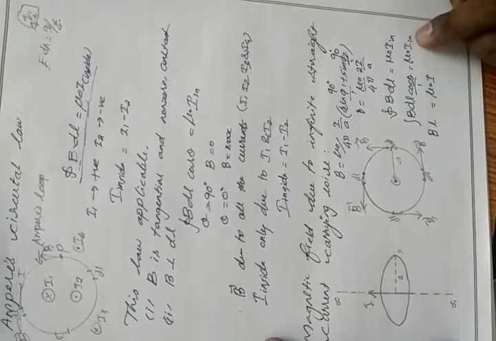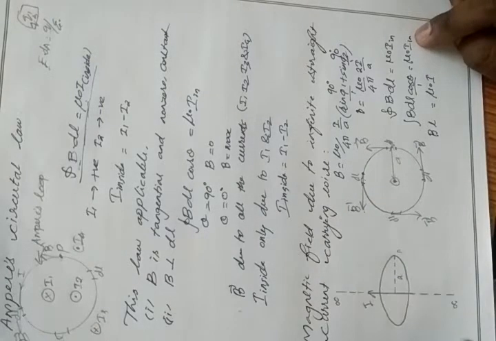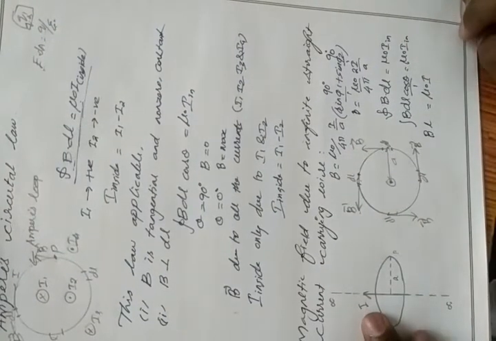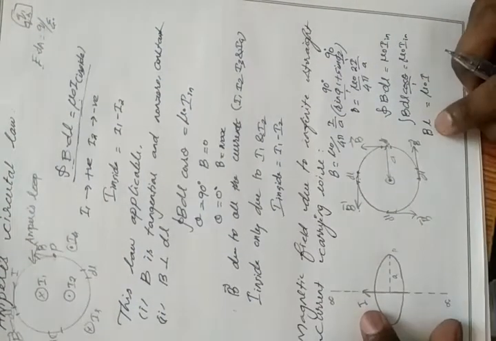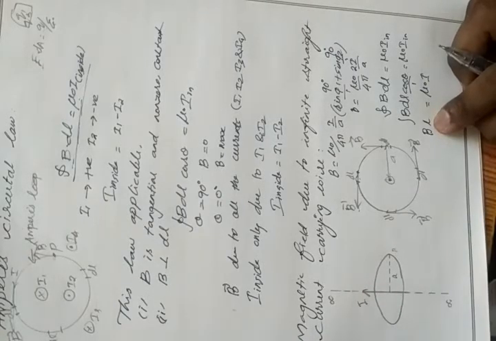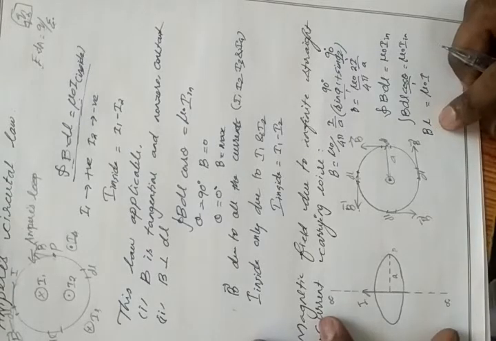I. What is I inside? How much current do we have inside? We have only one current, I. So instead of I inside, I take I. What is L here? L means the total length of the circular coil. We can say length is the circumference. So here length is nothing but the circumference of the circle.